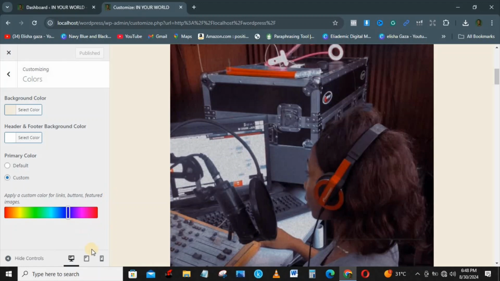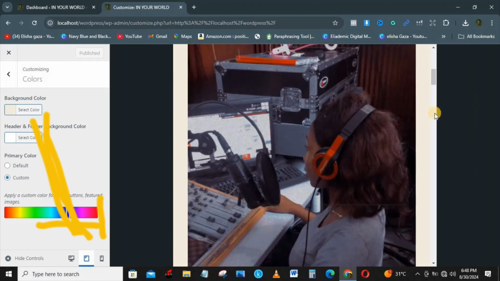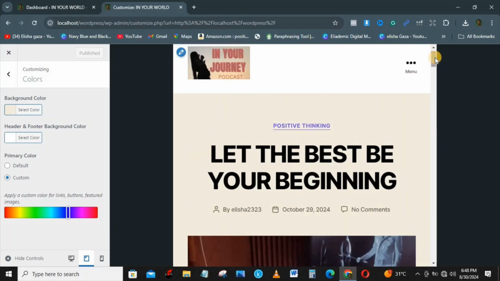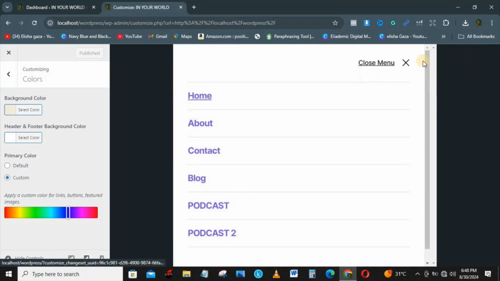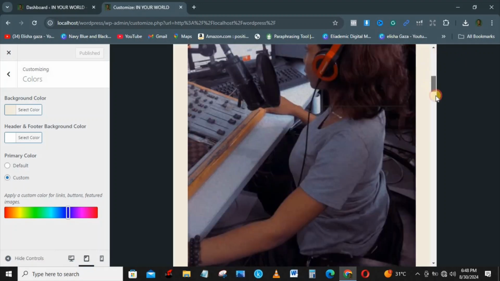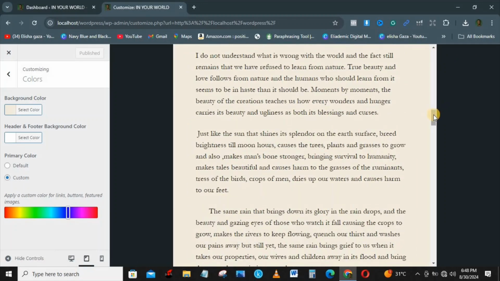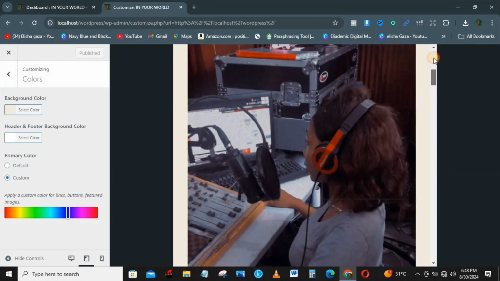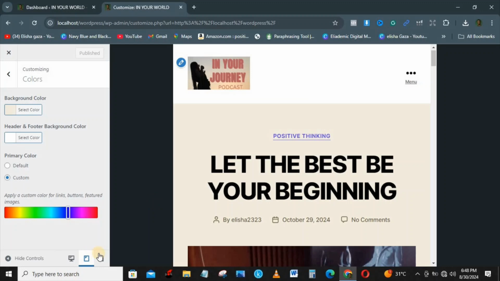we are going to click on this side down here. You can actually see that it's on desktop, so we click on tablet to see how your blog post is going to look on tablet. This is how your menu is going to look, and someone needs to click on this menu to be able to see them. So you have to come down and see how your blog post will look on tablet. Looking at this, I feel it's okay and beautiful,